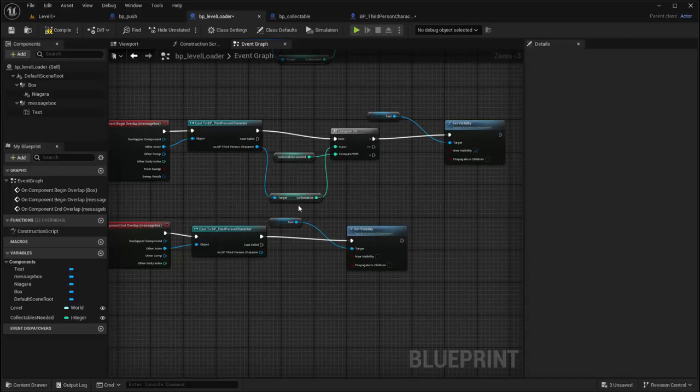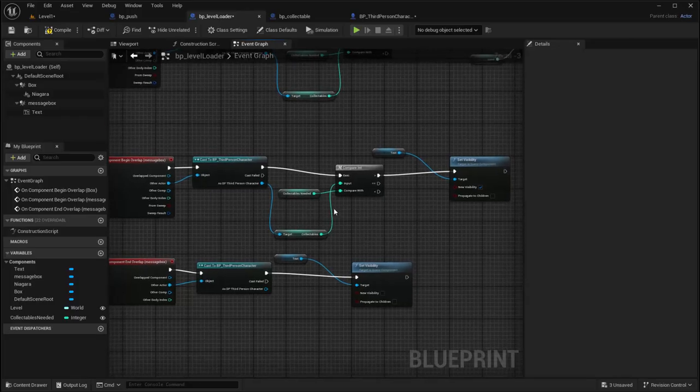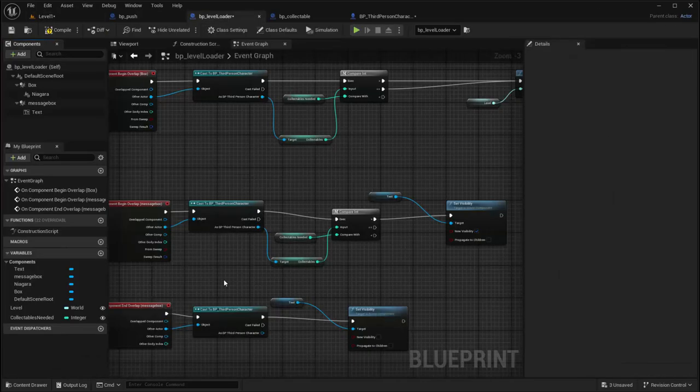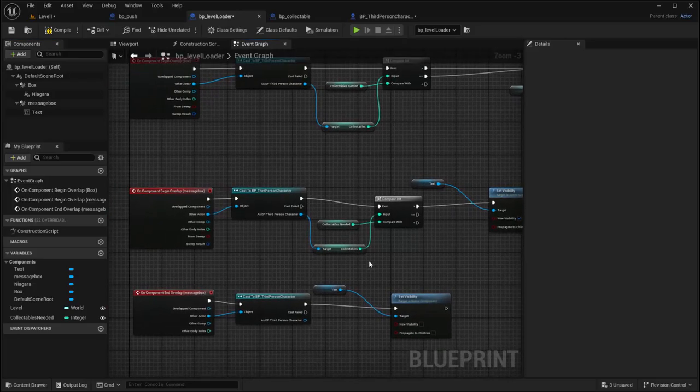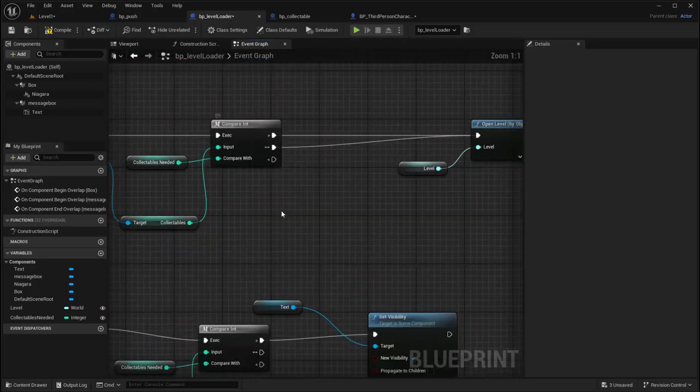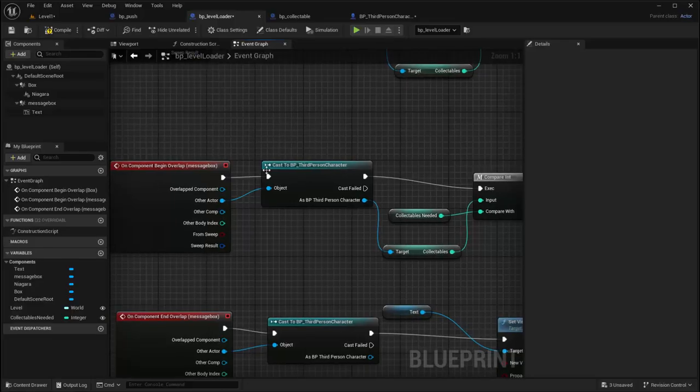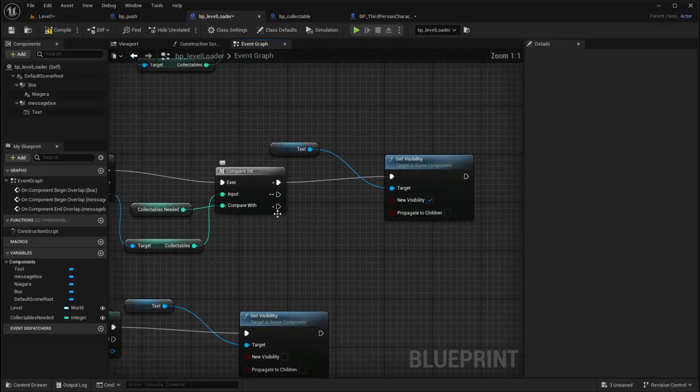We don't need to check the count, because what if somehow the player collected a coin while in the box and it throws everything off and then you're over the number and the message is visible forever. This just makes it so the message will pop up as we walk in and it'll go away as we walk out. I just realized I made one mistake here, which is it's checking to see if we have more than enough coins, equal to or greater than, and our little sign, the message, should show up if it is